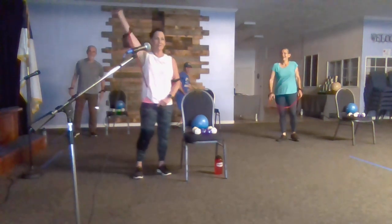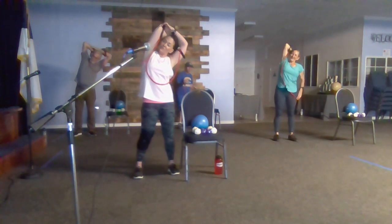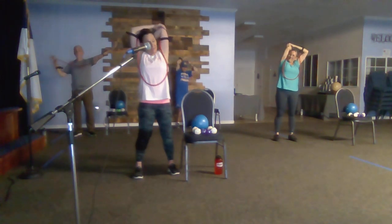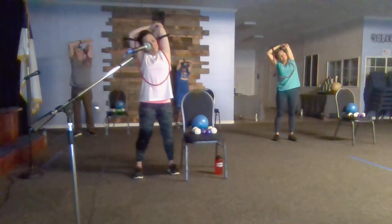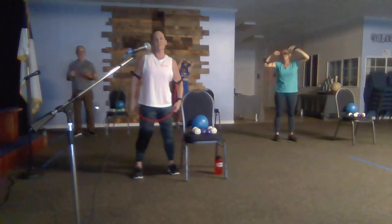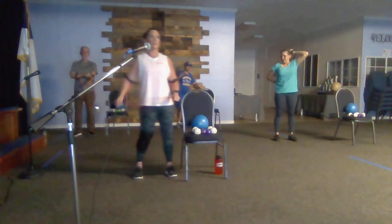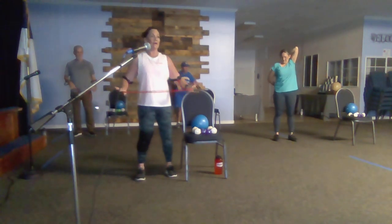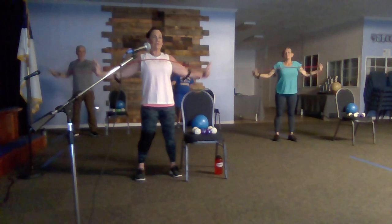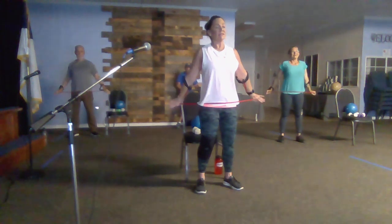So bring it up, bring your arm down, and we're going to reach up, and we're going to come over, give it a stretch here, go to the other side, stretch it here. Right. So now, remember we were talking about fast and slow twitch muscles? There's that composite move in that. We can try with the music to move that band. So we can come down, lift, press, lift. Down across the chest, down across the waist, down, press,